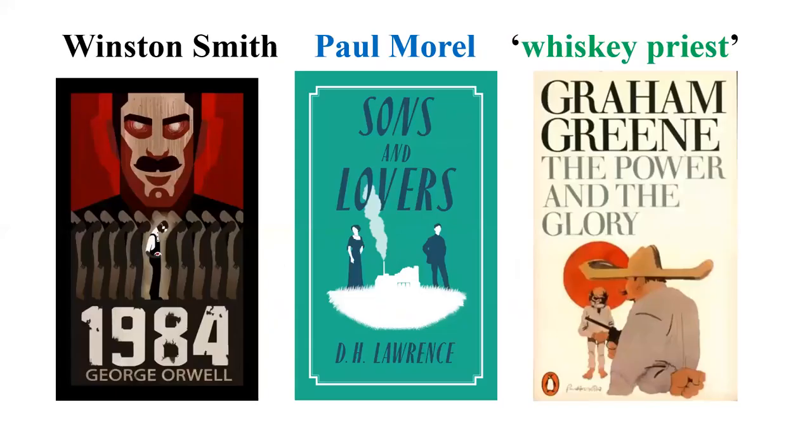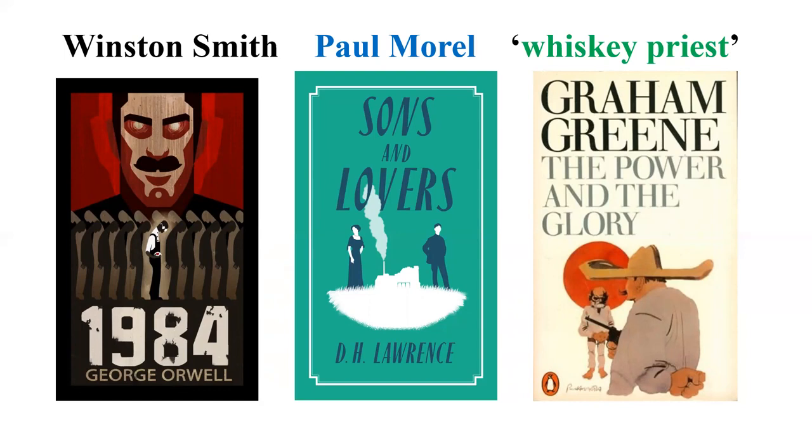Let's look at the writers. So Winston Smith is the protagonist of George Orwell's 1984. So this is a dystopian society in which you do not have an individual identity. So there is a Big Brother watching. It's a kind of surveillance. Each and every move of an individual is under surveillance, watched by the Big Brother or a kind of authority figure. But Winston Smith goes against it. So what happens to him? And there is another major character in this novel.